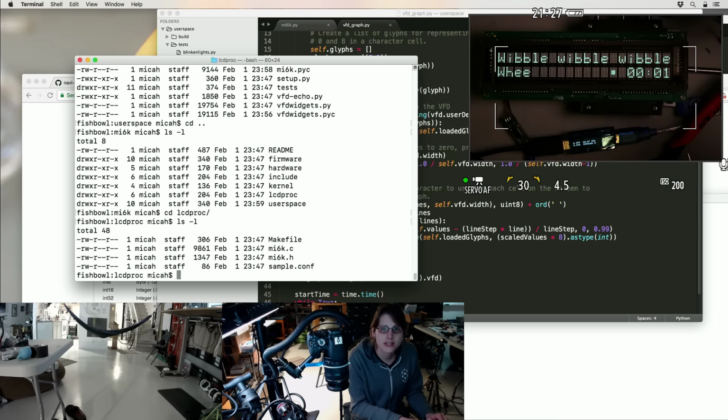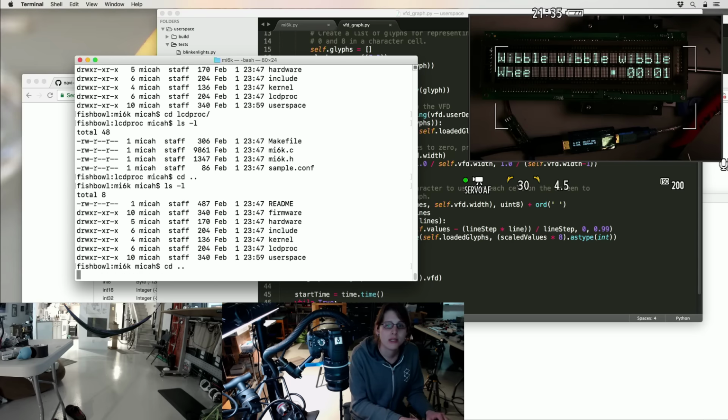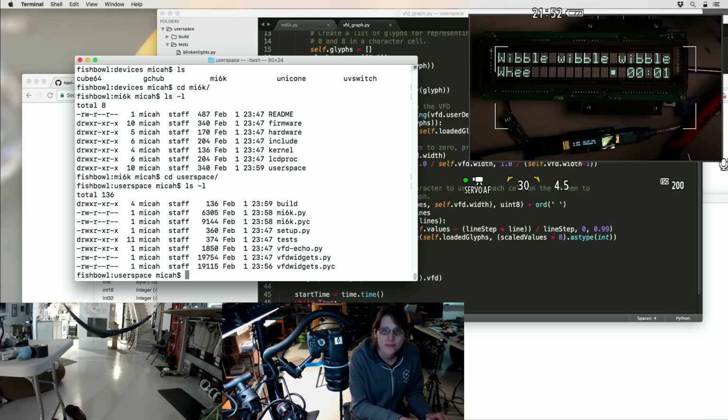Maybe that fit into LCDproc? No. I think that was its own thing. Oh, maybe that was... I know I had a spectrum analyzer for this. Oh, I should probably wrap up the stream. I might come across the spectrum analyzer at some point. I would have expected it to be that MI6K or that XMMS thing, but...